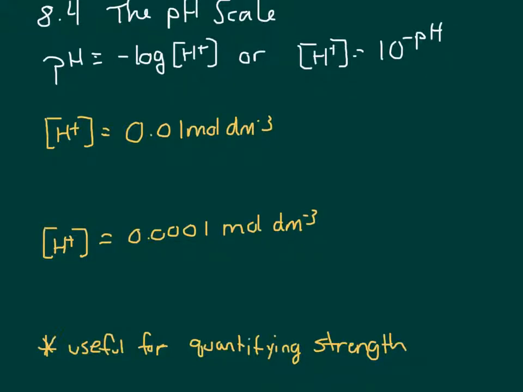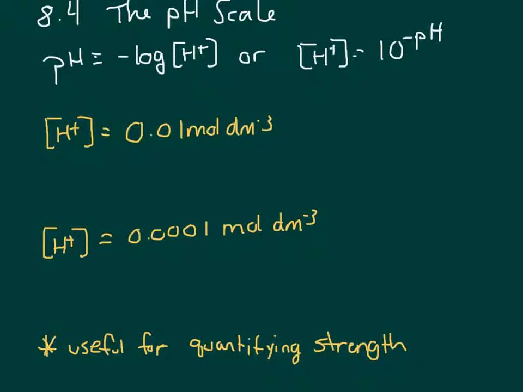8.4 is looking at the pH scale. The pH scale is how we measure the strength of an acid or a base. There are two calculations which we can use in order to determine the effects of the acid and/or the base. We have pH equals the negative log base 10, which is traditional in your calculator, times the concentration